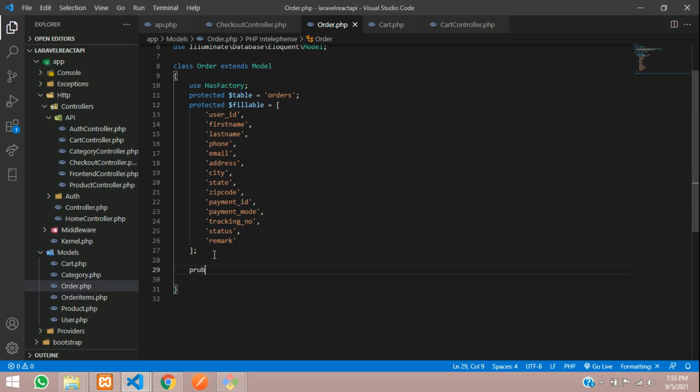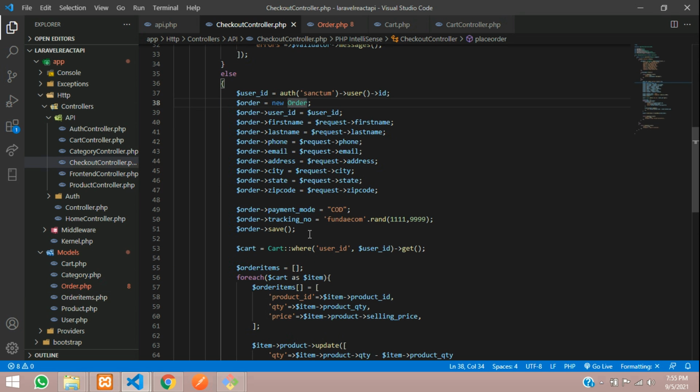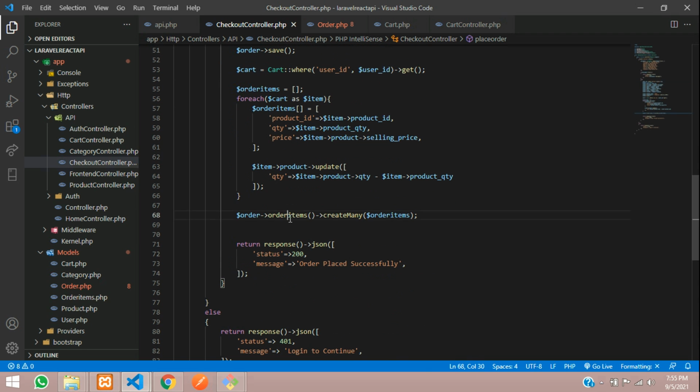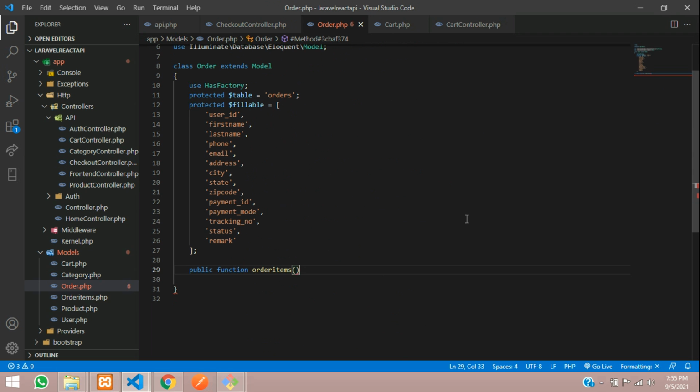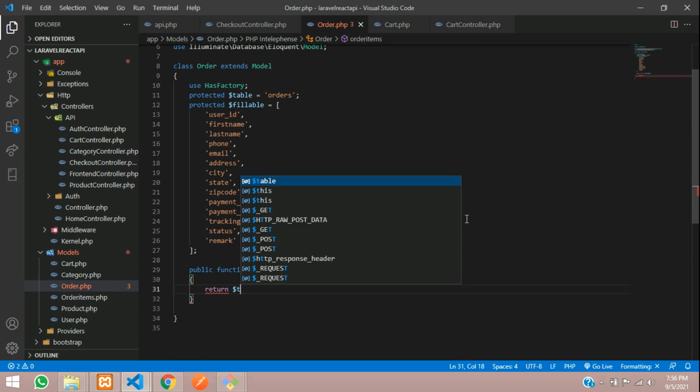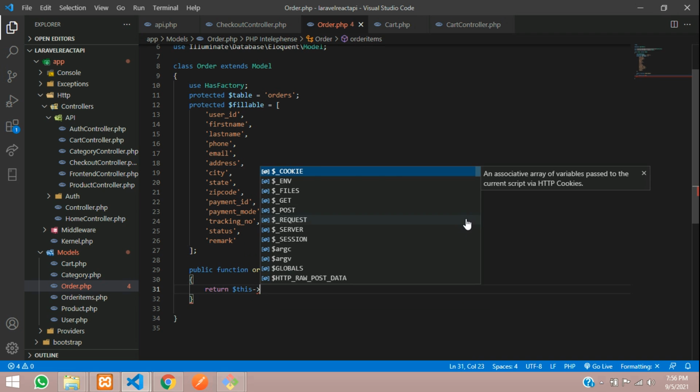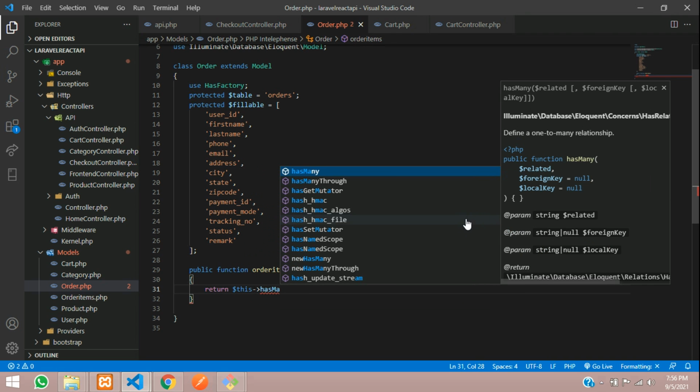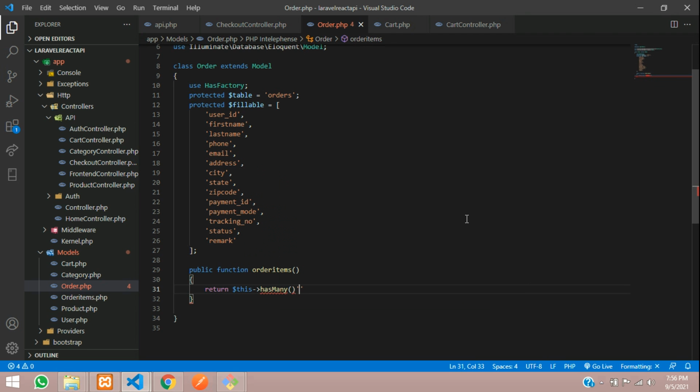So public function, where function name, so let's copy the function name guys where we have created as order items, copy and paste, return $this has many. Okay, so has many, where you will tell order items